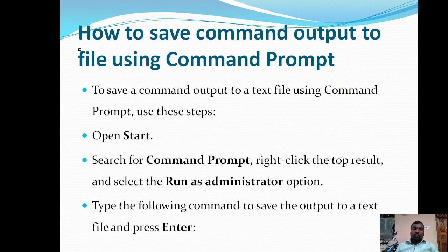For that, what you have to do is go to the start menu and search for the command prompt, right click the command prompt and run as administrator, so that the command prompt is opened with administrative privileges. Then type the command to save the output to a text file and press enter.